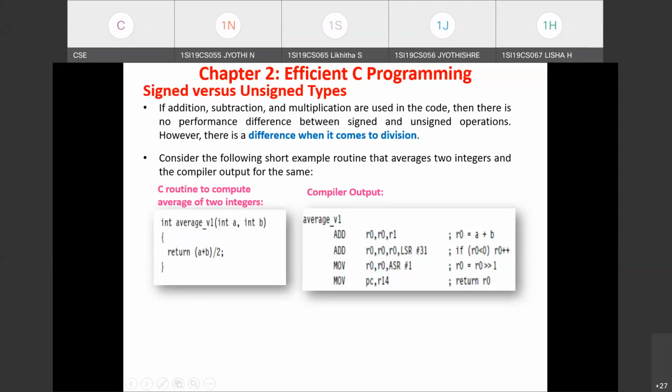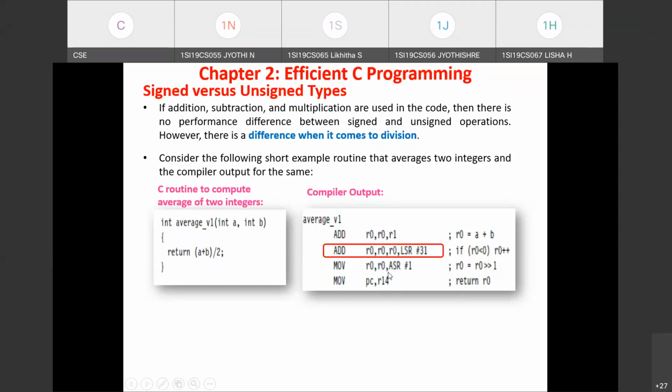Just observe what the compiler has done before performing the arithmetic right shift. See, one additional instruction it has added. What is the operation expected? We need to add the two input values and divide the result by 2. Since signed integers are held in the input variables, we need to perform an arithmetic right shift. What we expect the compiler to do is perform the addition on r0 and r1, and finally the result in r0 is arithmetic right shifted one time, so that we get the average in the r0 register. This value will be returned to the calling function.